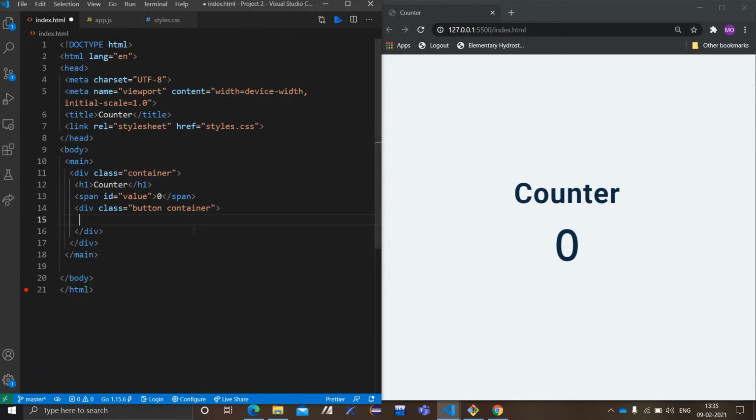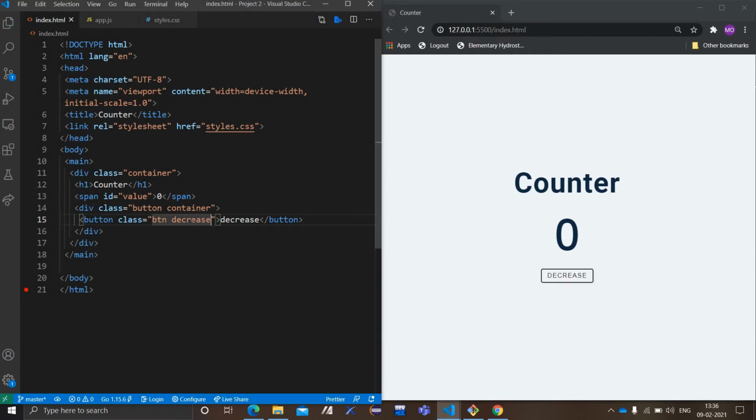In this I'll be writing a button, then decrease. So after that what I will do is write a class name as btn decrease. Boom, I see. So the button has been generated.